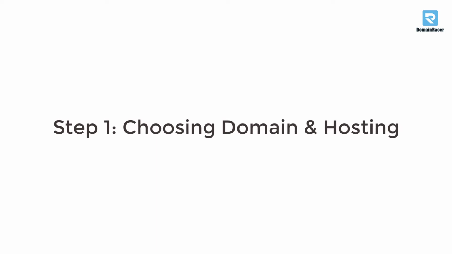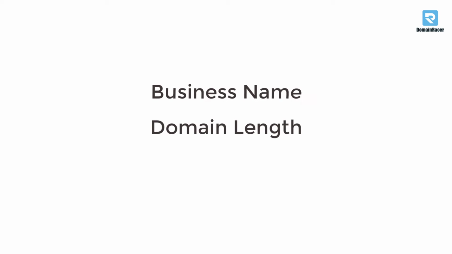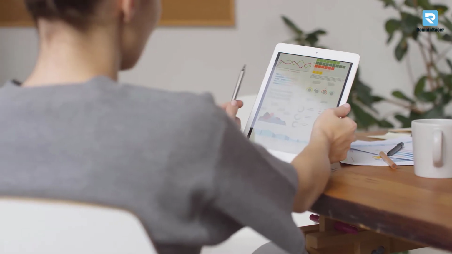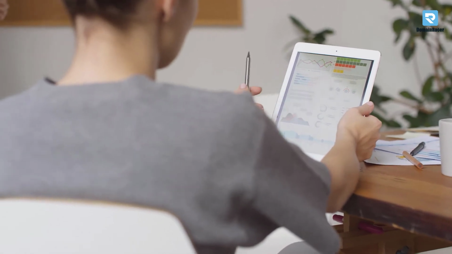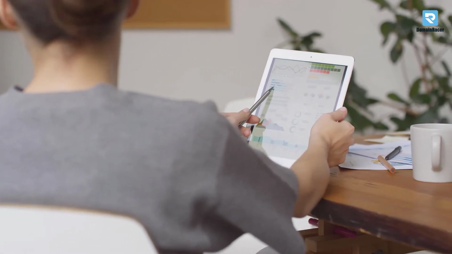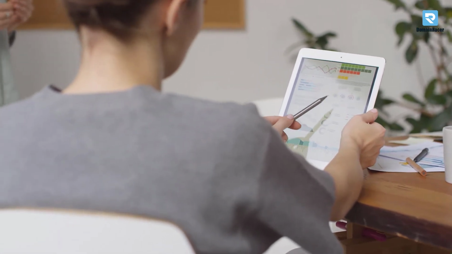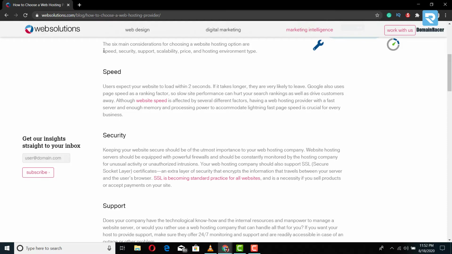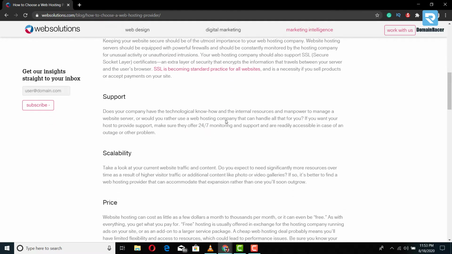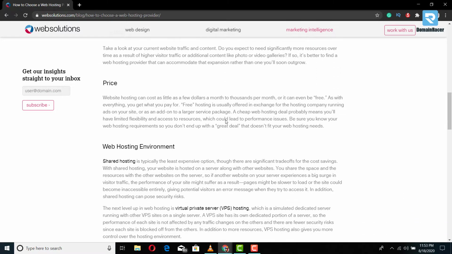Before creating a website, you need to choose the right domain name and the right hosting plan for your service. Few things that you need to take into account before choosing a domain name are your business name, the length of the domain name, and the availability of the domain name. Also, whether your audience will be comfortable with using your website depends on your hosting plan. Now, while choosing a hosting plan, there are a lot of things that you need to make sure that you know about. In the description, you will find the link to a blog in which you will be told about all the things that are important while choosing a hosting plan. That said, let us move ahead with installing WordPress on our website.